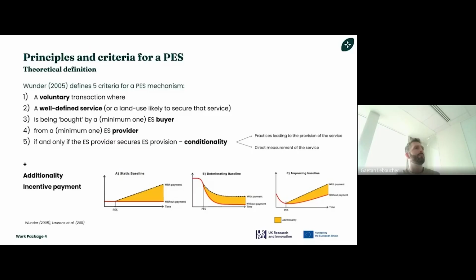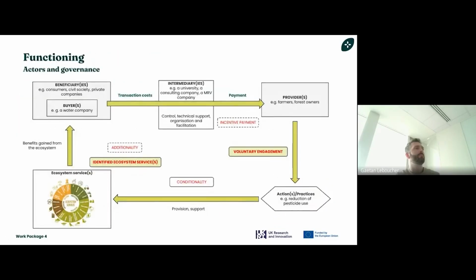And secondly, the payment has to be an incentive in order to motivate the provider to engage in the mechanism. And yes, if we put together the principles that we saw just before, there is a buyer that can be the beneficiary, but not in all of the cases, that pays the provider. And between the two of them, we have an intermediary that can ensure the support of the mechanism. So this is control support, technical support,